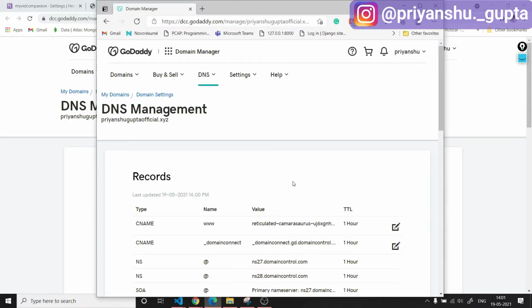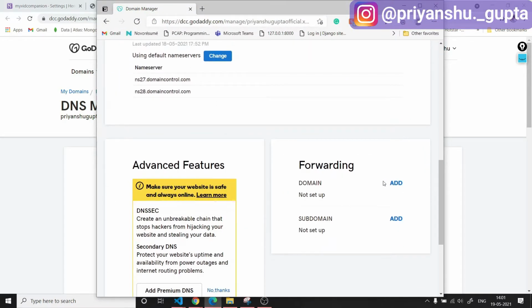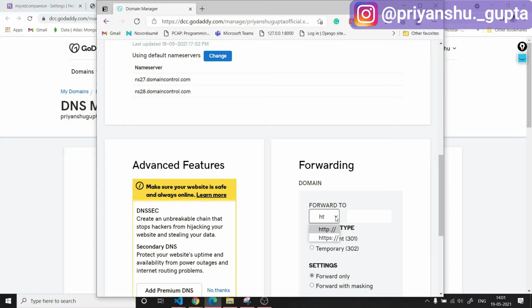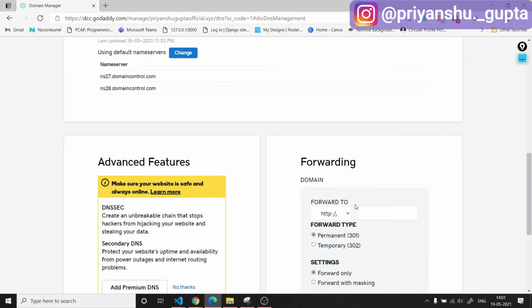So now if I try to log in here, and now if I try to add forwarding here, let's forward this using HTTP only right now, and we will talk about HTTPS later on.